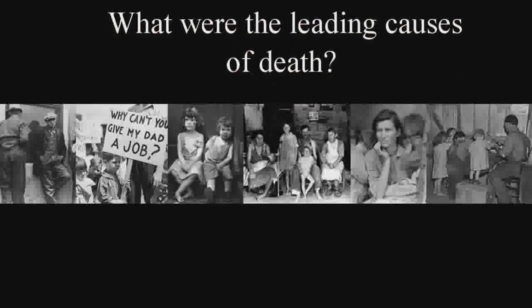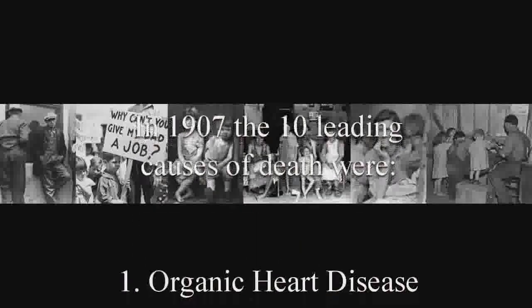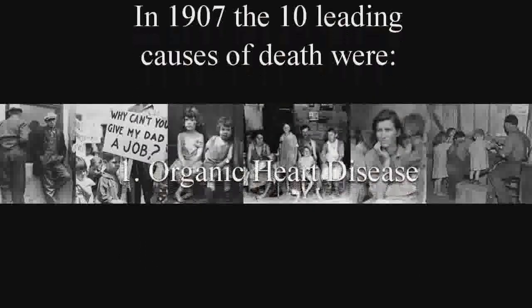They included tuberculosis, polio, smallpox, hepatitis, measles, and diarrhea. Other impacts to a lesser and seasonal effect were pneumonia, bronchitis, and the flu. Economic impacts were to a lesser extent still contributing, with the most prominent events being the Great War and the Great Depression. In 1907, the 10 leading causes of death were organic heart disease,